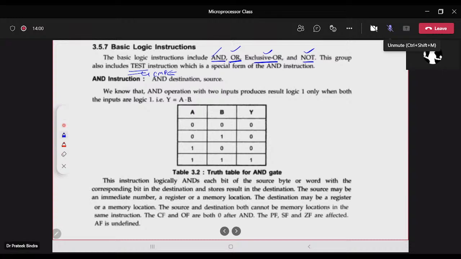So first of all we start with the AND. I need not tell you how the AND gate or the AND logic works. You know that whenever both inputs are one, then you get a one, fine. Rest of the time your output will be zero. So the basic syntax of your AND instruction will be something like this: AND destination, source. Simply by putting AND, it is understood that you are doing an AND operation using